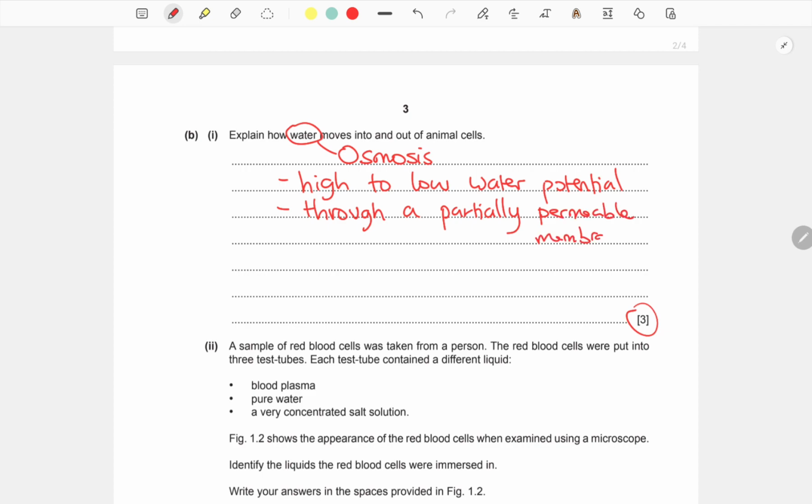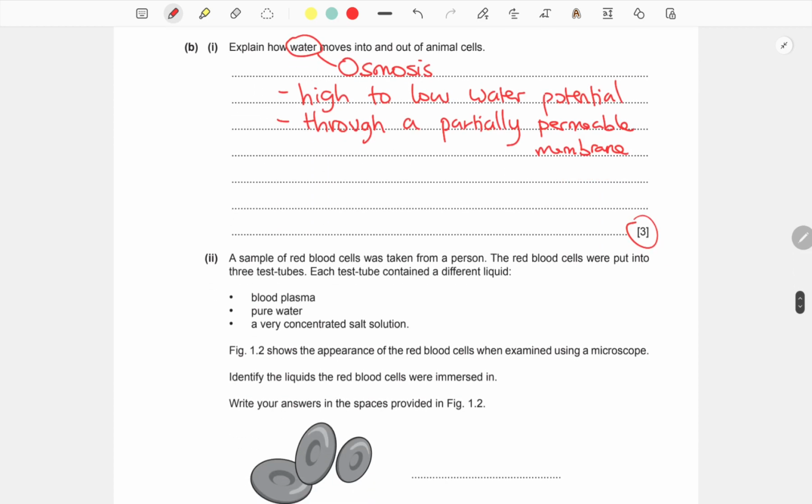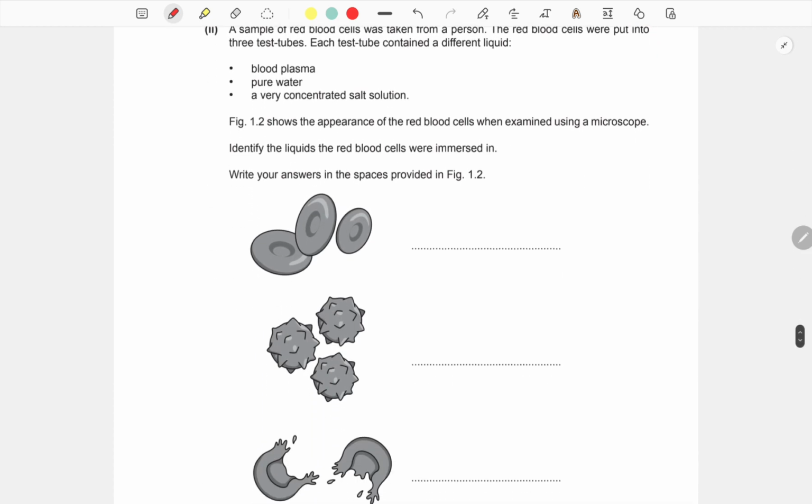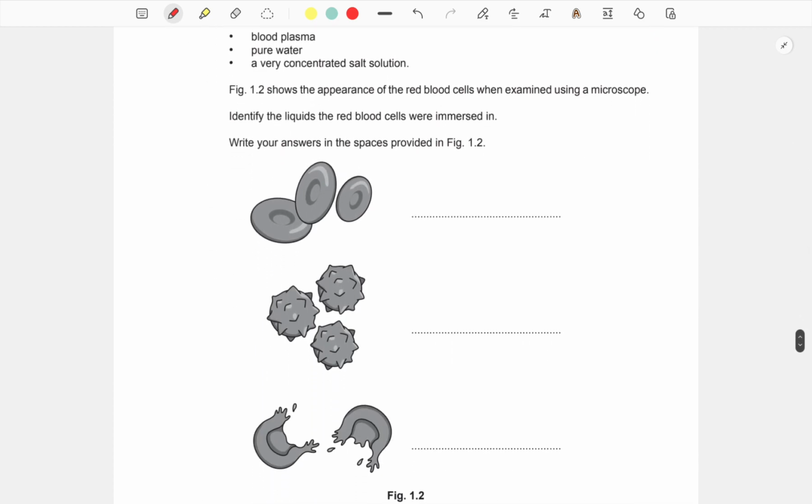And the next part requires us to identify the solutions that each red blood cell was placed in. So first, we can see that the red blood cells in the first picture are perfectly normal. They aren't shriveled, they're not bursted. Therefore, they are immersed in an isotonic solution of equal concentration to the concentration within the cells. So the first cells are immersed in blood plasma,